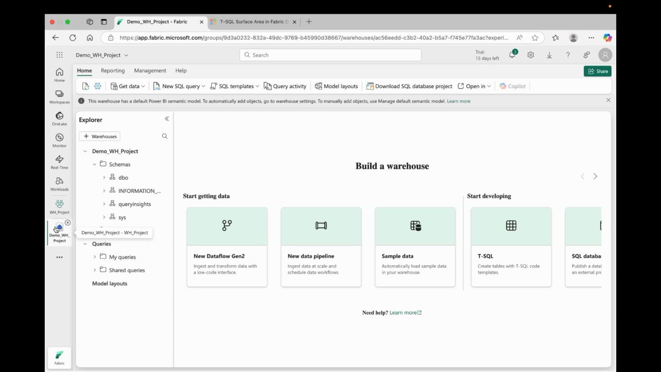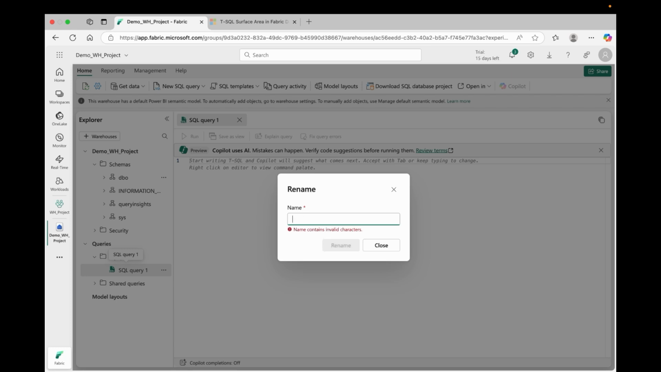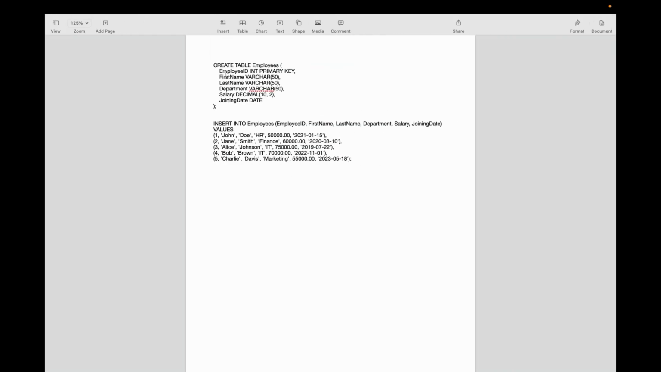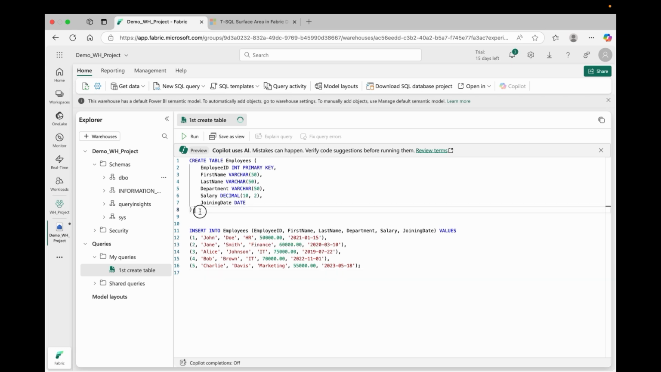Okay, so let's open this warehouse, and to create a table you can click here on My queries, click on the three dots and open a new SQL query editor. You can also rename this first to create table. Let me click on rename. We already created a script to create the table and insert sample data. So let's copy this and paste it here. To execute this query,